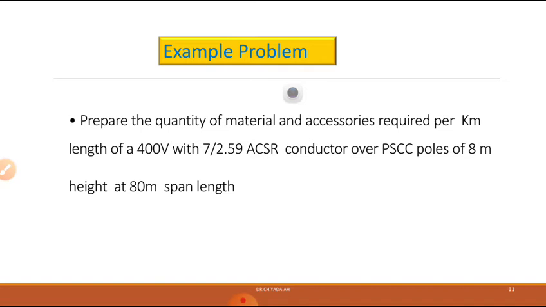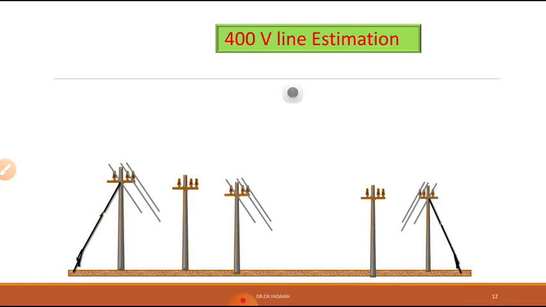Now based on this, let us do one problem. So this is a line you are going to draw or estimate. These are the number of poles. How many poles we don't know, but each pole should be in this position. Now the last pole and starting pole should have stay sets, and it has the cross arm, it has the pin insulators, 3 pin insulators, and it requires 3 conductors. At the same time, in addition to that, it requires the neutral. In addition to that, it requires the GI earth wire along this. So these are what you are going to estimate.